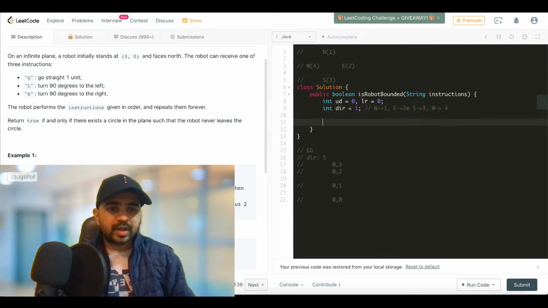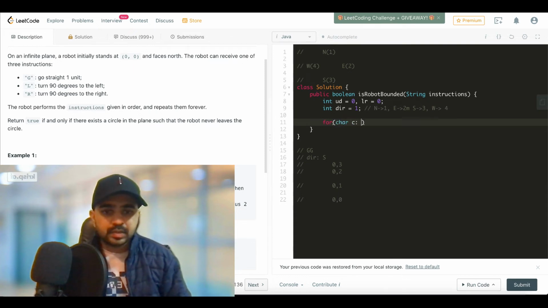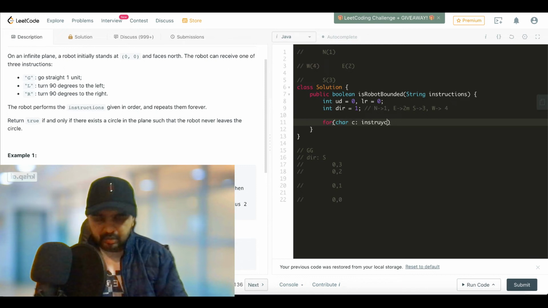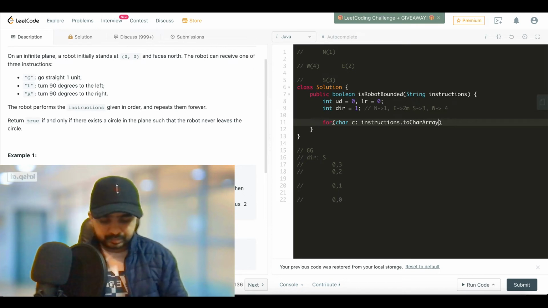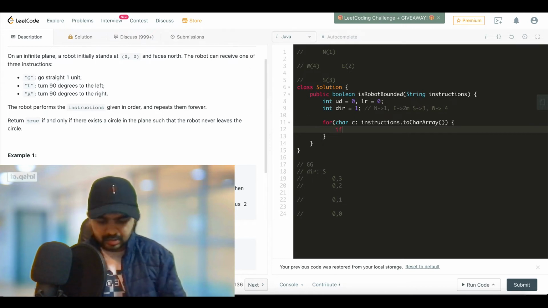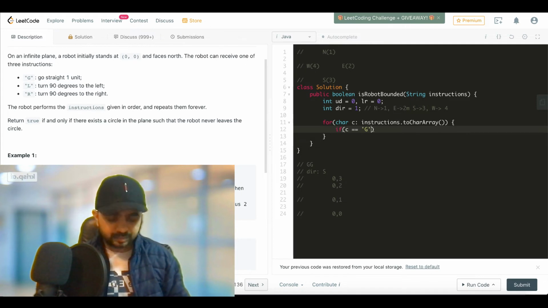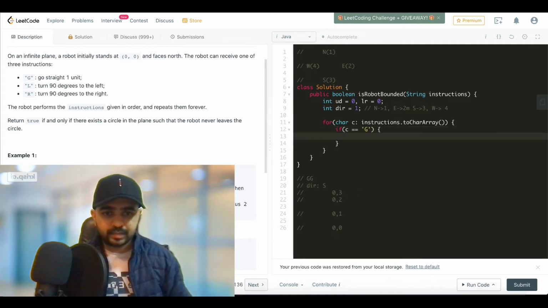So let's try and execute the first set of instructions. We can go through each character of this instruction using toCharArray. For each character we will check if it is G, L, or R. So let's check. If c equals G, then we'll do something.